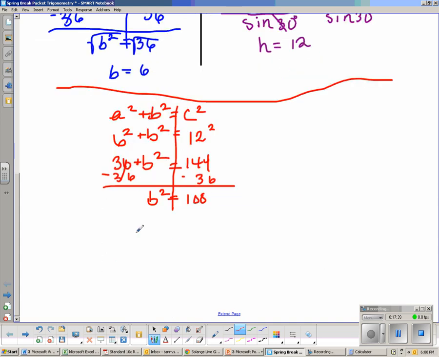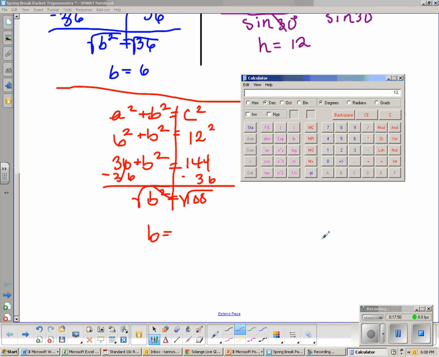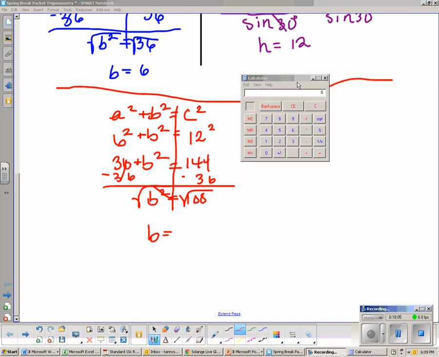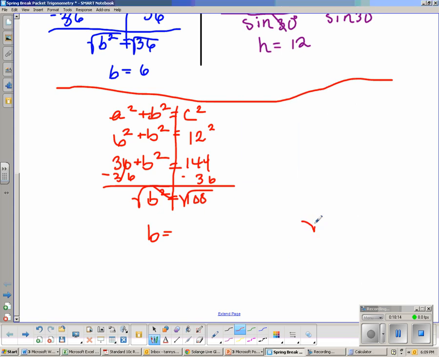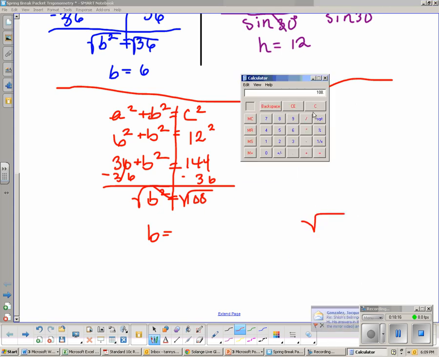Let me go ahead and move this down. Okay, take the square root on both sides because the inverse to squaring is square rooting, but I have to do it on both sides to keep it balanced. B is going to come out free and equal to, let's find out right now. So I'm going to do 108 and then hit the square root button. Hey guys, I had to jump to the other calculator to do 108 and then take the square root. It doesn't look like this on your calculator. On your calculator, it'll look like this. But let's go ahead and hit the square root button. And we end up with